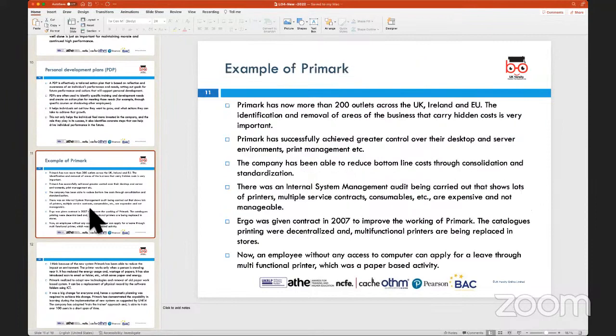Now, in order to explain these performance measurement techniques, I've taken an example of Primark here. You could take an example of any organization, but just an organization that would help, wherein you are able to grab or get data from the website or the annual general report of the company. And here the idea is to look at how a company would look at putting systems into place